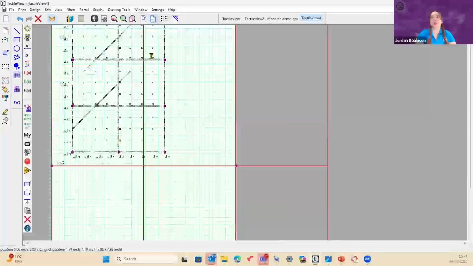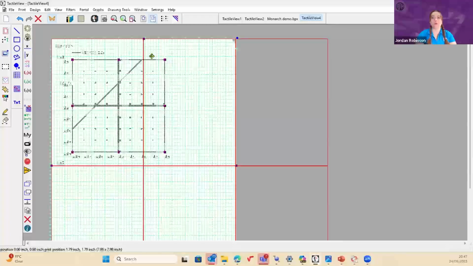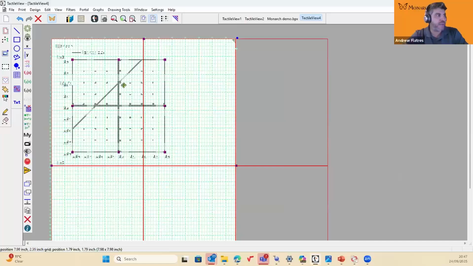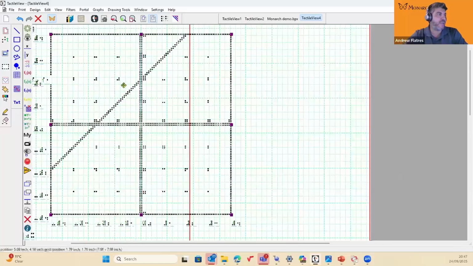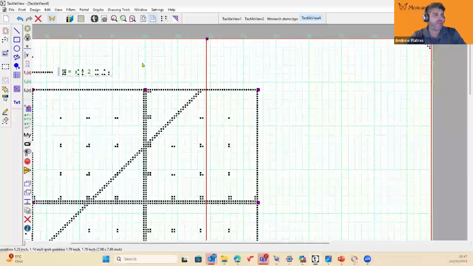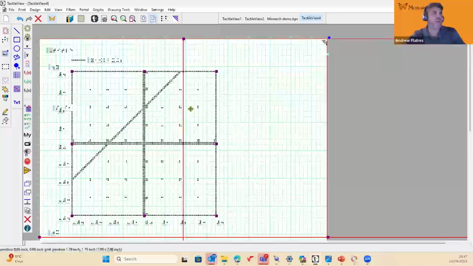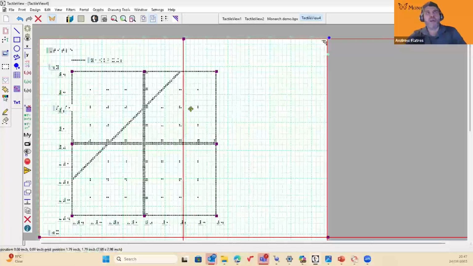How would TactileView handle infinite zoom for a fractal equation, for example? Would there be a zoom limit? So a zoom limit from TactileView here, or the TactileView on the Monarch? Let's assume Monarch. Yeah. So if you have a Monarch, and you're saving this as a PDF, and that's just